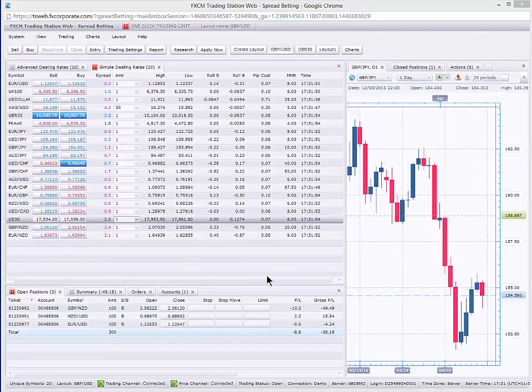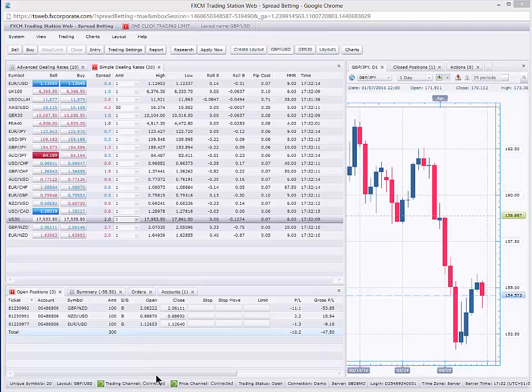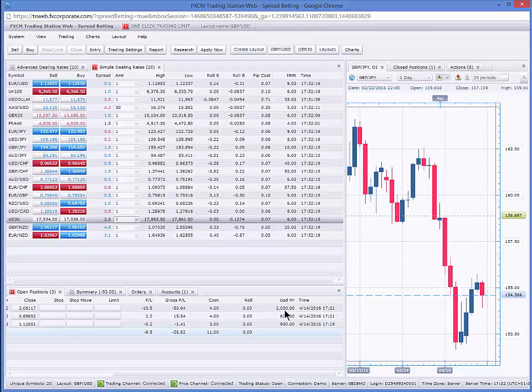I've got a few positions on just for messing around really on this demo account here with FXCM. What we can see is positions here on sterling New Zealand dollar and euro dollar. Doesn't really matter what they are, it's just to give us a basic idea. So we've done £100,000 or 100,000 of each of them, and it gives us an idea about, to the right, our margin requirement. So that's our used margin for each of those transactions. Okay, so it gives you an idea about the amount of money that is required in order to put up